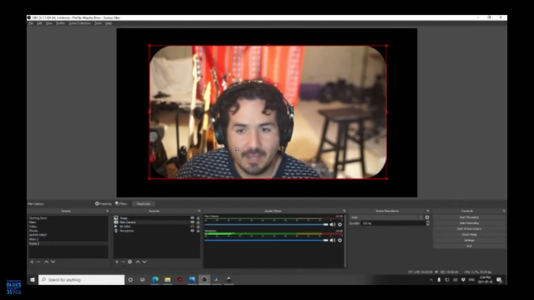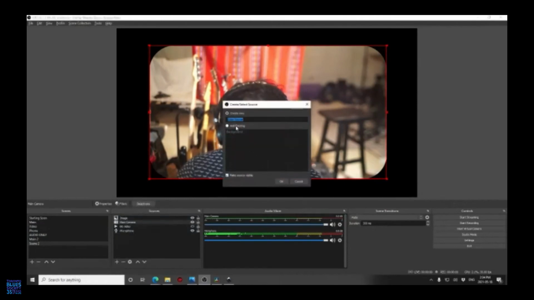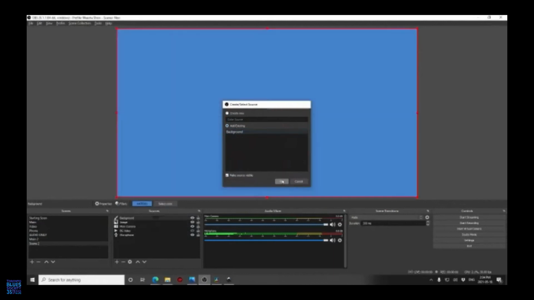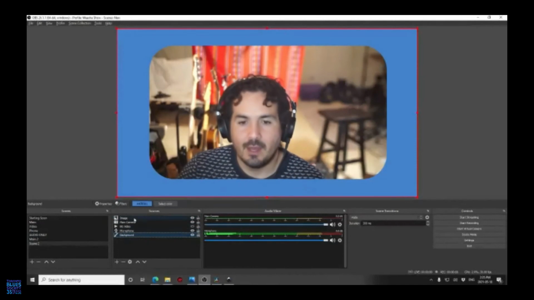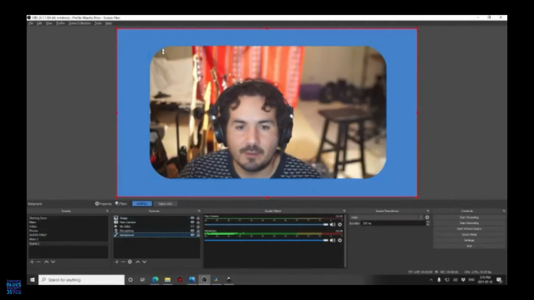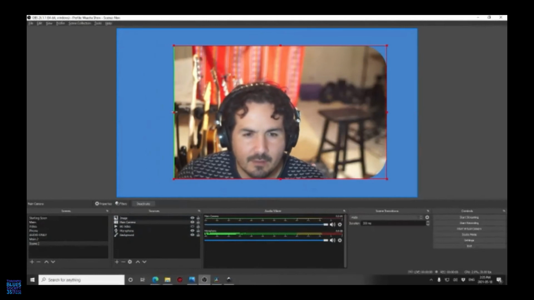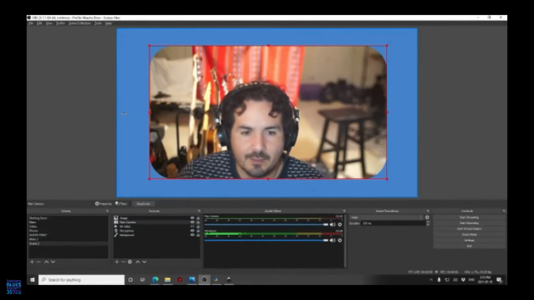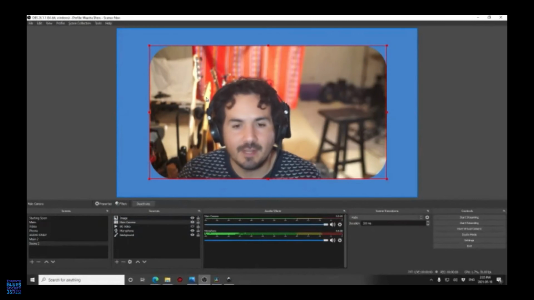Yeah, even with black there, it looks fine. But obviously, let's just maybe add the color source that we had before, this sky blue one. Again, I want to put it at the bottom. Then you have something that looks a bit nicer. And now does it change when I... no, it keeps the actual ratio of the image. So I would have had to crop it first and then apply the